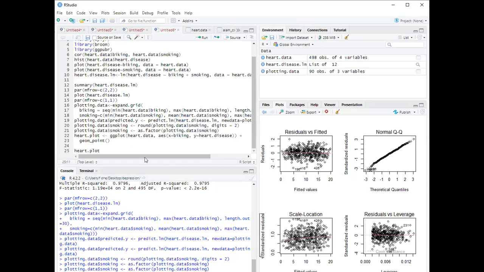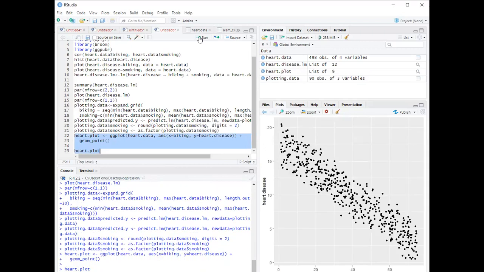It is not a regular thing that you can learn from just a few single graphs. So this is a heart.disease plot with the heart.data and with the variable heart.disease. When you plot the